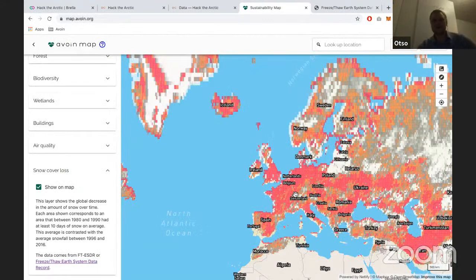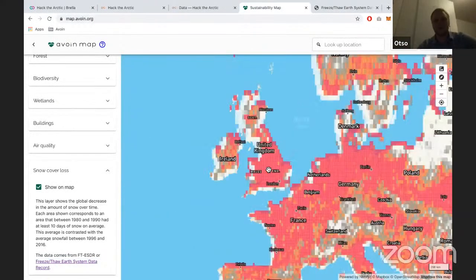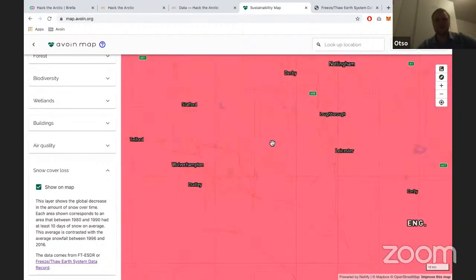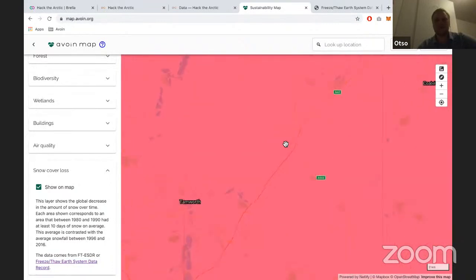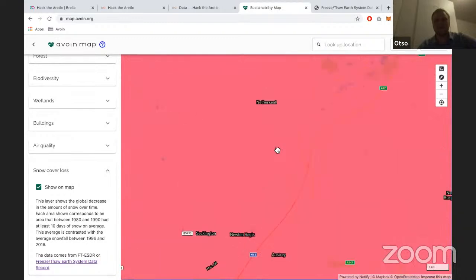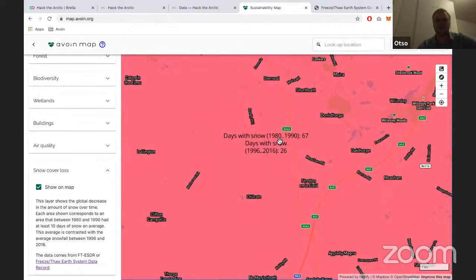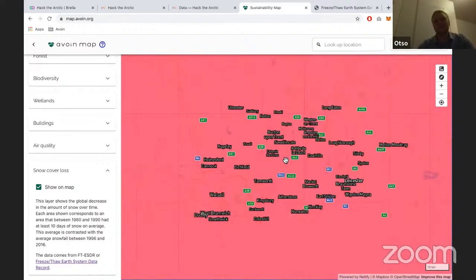So basically in this visualization, you can see that the resolution is several kilometers, but you can zoom into the area and see how many days of snow this area had from the 1980s to 1990. And there was like 67 days of snow per year. And then when you compare how it was from 1996 to 2016, only 26. And there is quite a lot of this red area